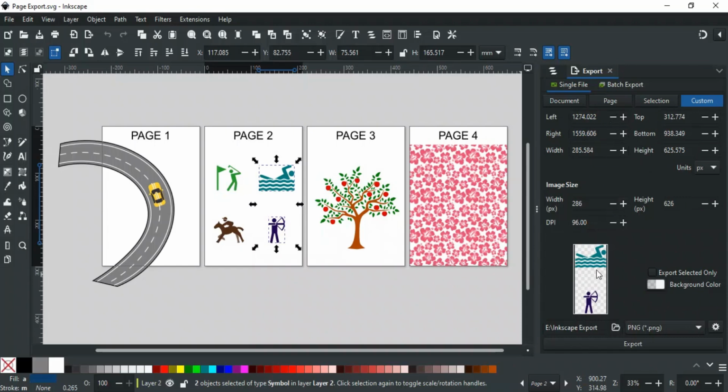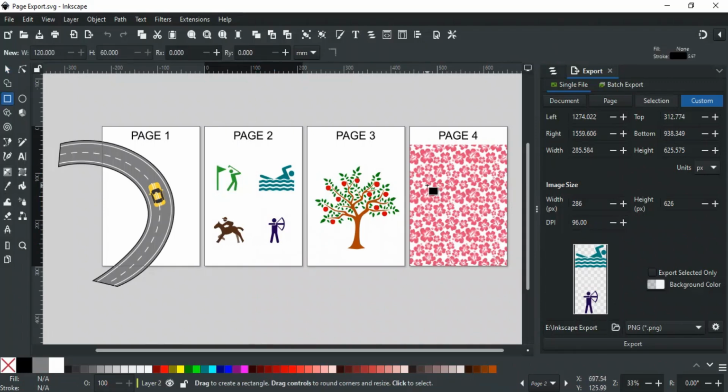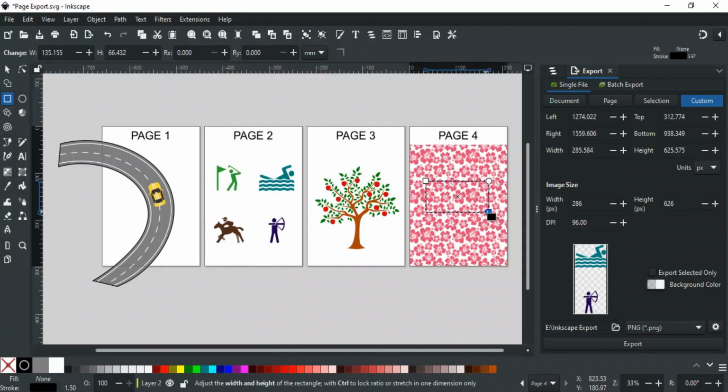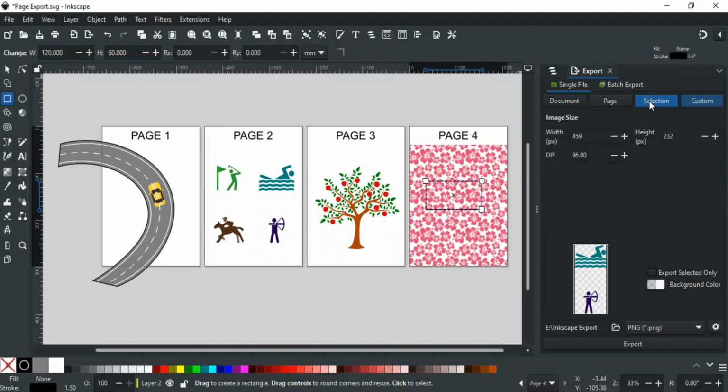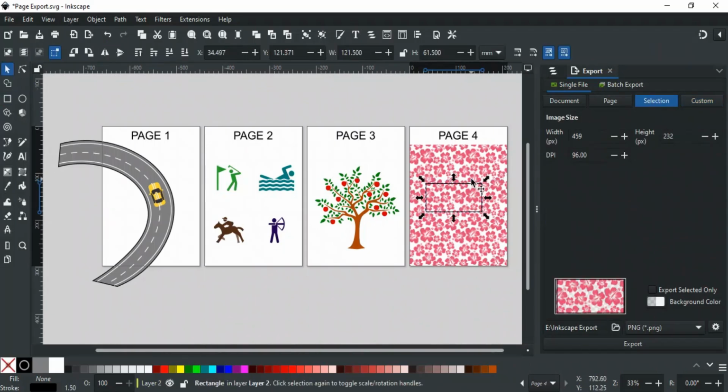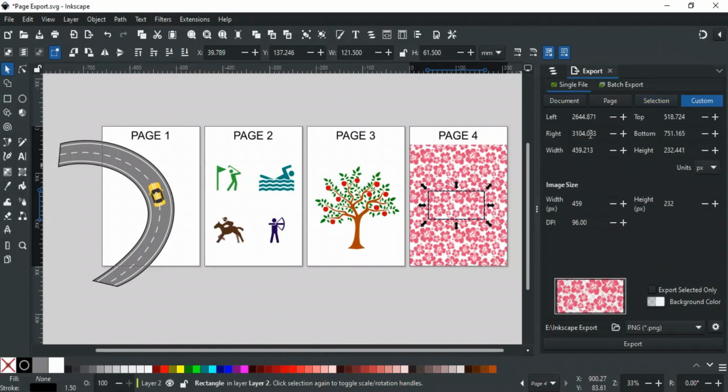Let's suppose I want a block of this pattern of size 120 by 60 millimeters. One way is that I could manually type the dimensions for size and adjust the position. But here's an easier way. Temporarily draw a rectangle of 120 by 60 millimeters, and go to the Selection tab. Place it at the desired place, and then switch back to the Custom tab. Custom tab will automatically pick up the rectangle's position and size. Once happy with the preview, delete the rectangle as it won't affect the export values,